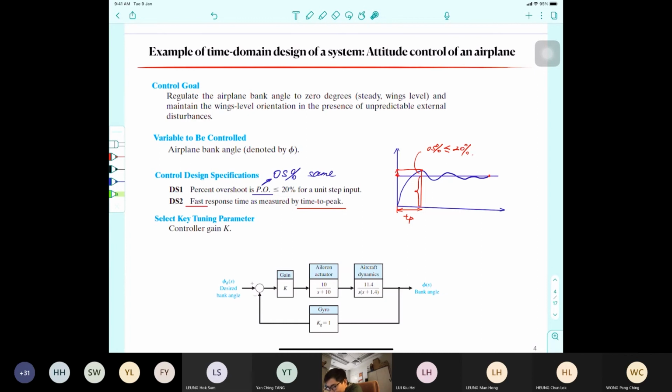So phi d is the desired bank angle. Okay, we input phi d, and then we use the amplifier to give it a gain of the desired bank angle. This gain is used for